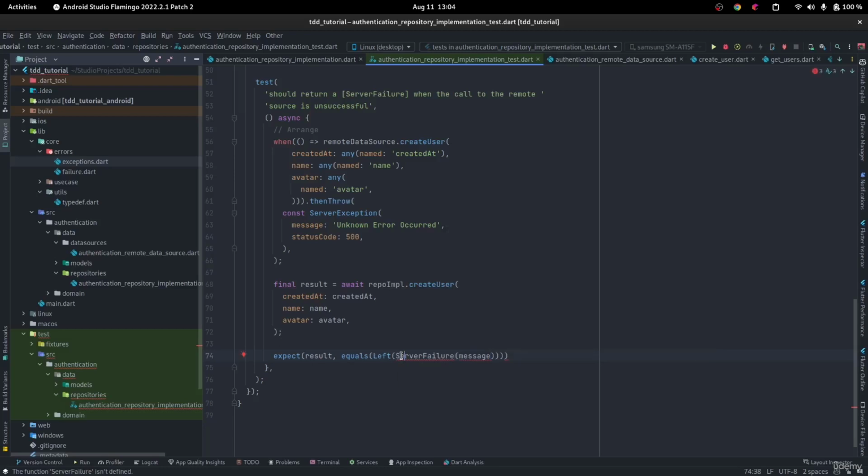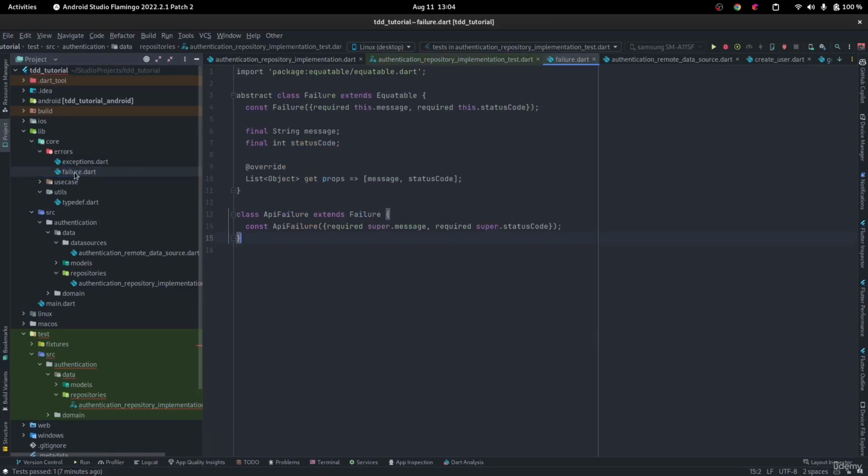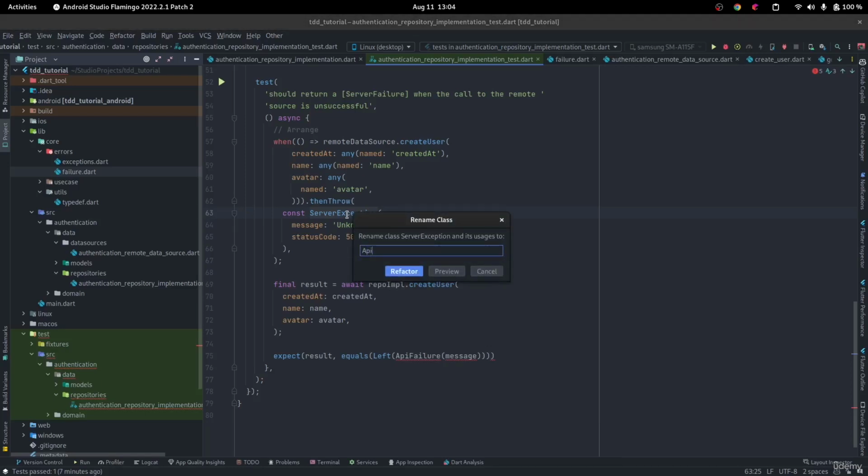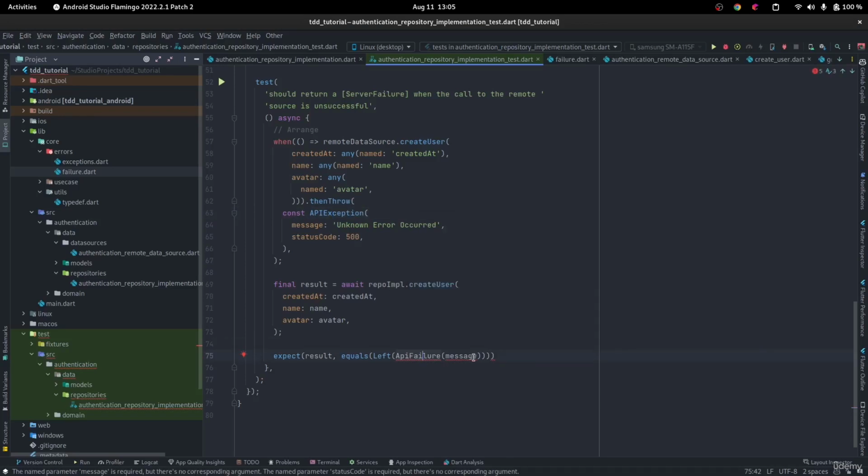Sorry. Don't we have a ServerFailure yet? Oh, we have an ApiFailure rather, because we're using an API, not a server. So over here we can also change this to be ApiException. Refactor. We have an ApiFailure and we have a message,